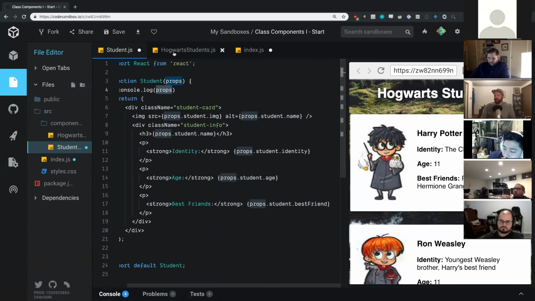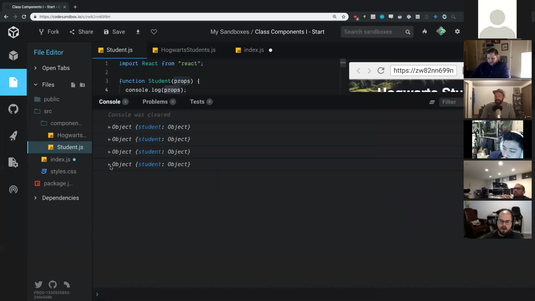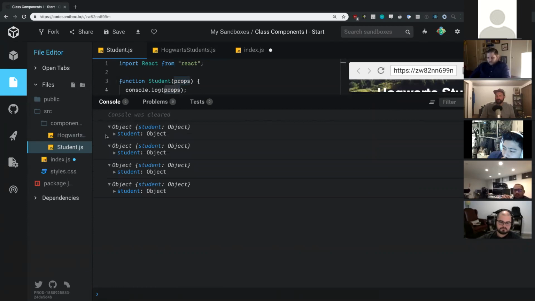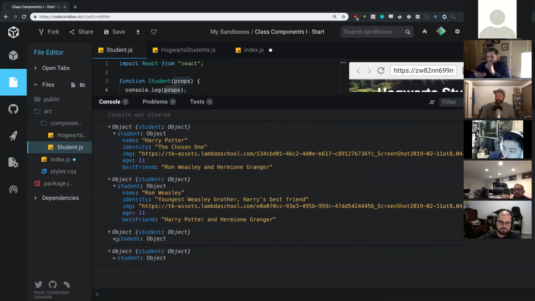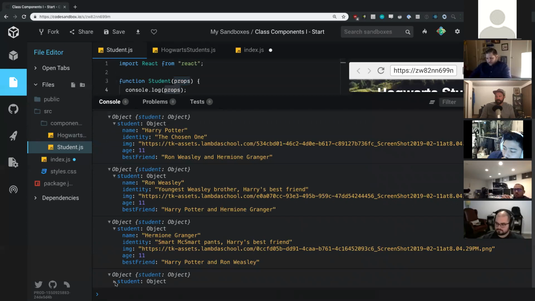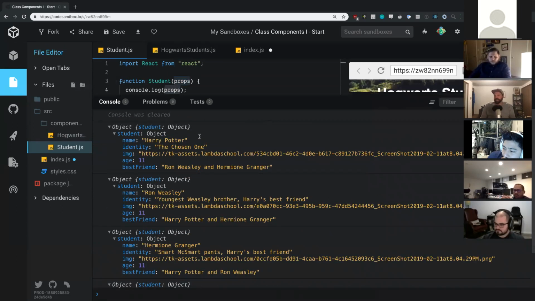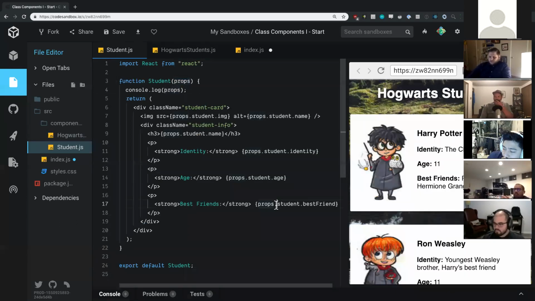So now that I took that other stuff away, let's go console, and then we'll see now that the only prop on here is student, and it's that object that we passed it, right? And this is different for each one. Why is this different for each one? Because we mapped over that array. Cool. So now that we have this concept of props down,